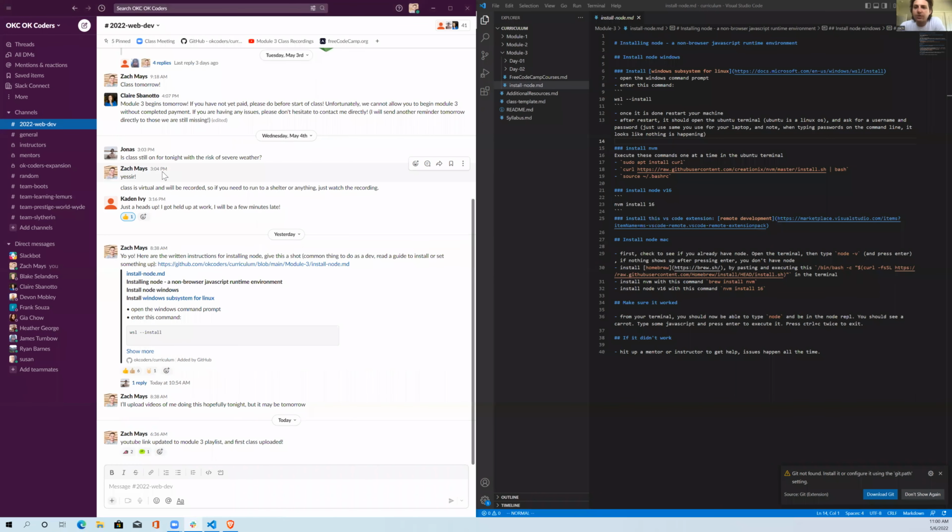All right. So the first thing that we're going to do for installing Node on Windows is setting up the Windows Subsystem for Linux,